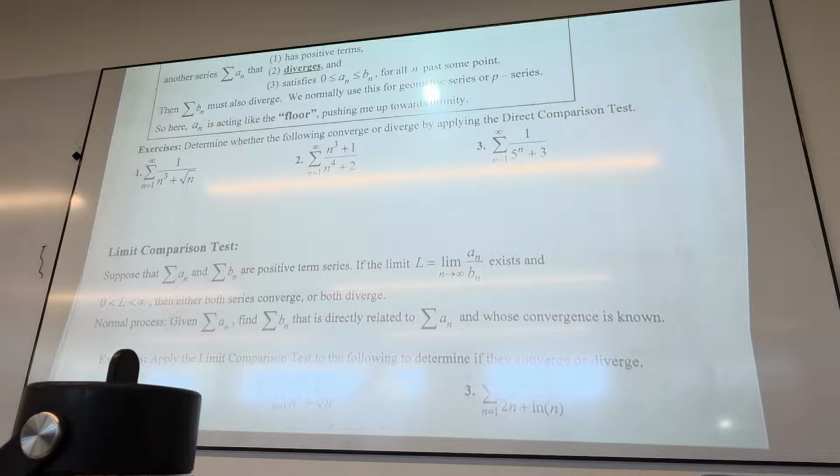I don't know what 2 is trying to be. It's trying to be 1 over N. You have to simplify it. If you divide everything by N over 4, you basically get 1 over N to the